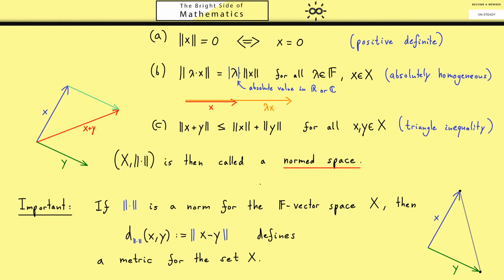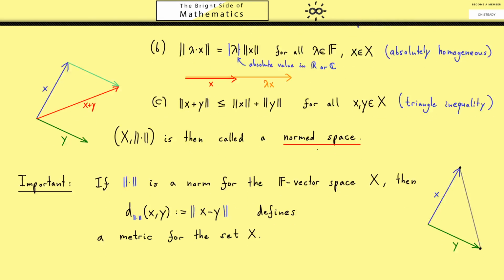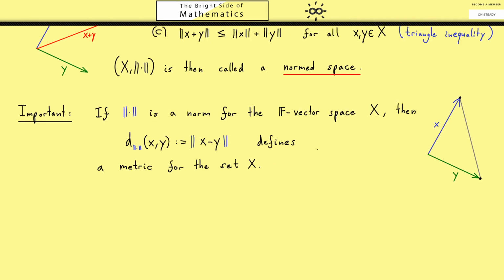Now the most important thing to remember here is, because we always have this definition in mind, a normed space is indeed a special case of a metric space. In particular, all the definitions we have for metric spaces also work for normed spaces. So for example, closedness, openness, and so on. And with this in mind, we can now eventually define what a Banach space is. So it could happen that our new metric space here, (X, d), is a complete one. This one is a very nice property, which we discussed in the last video. All the Cauchy sequences converge. We don't have holes in this metric space.